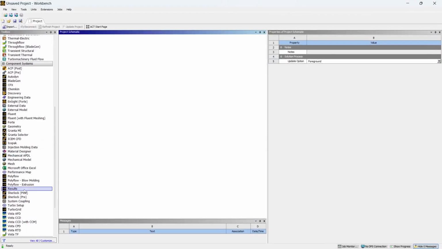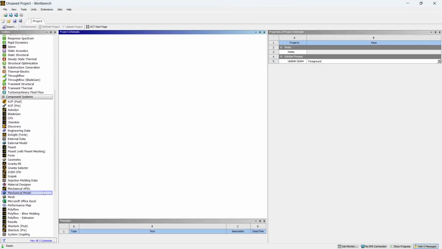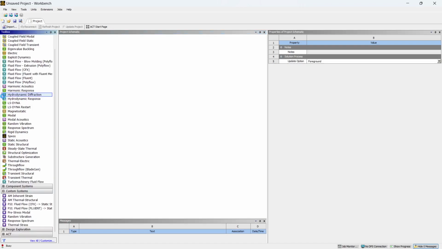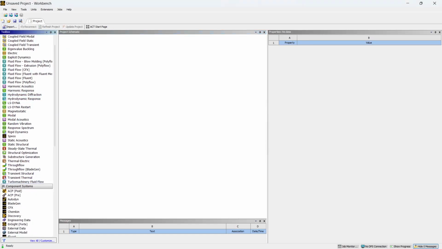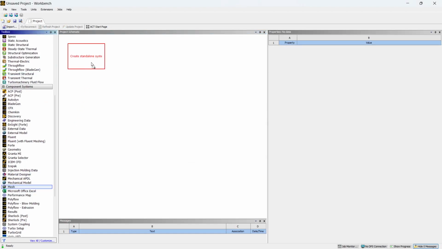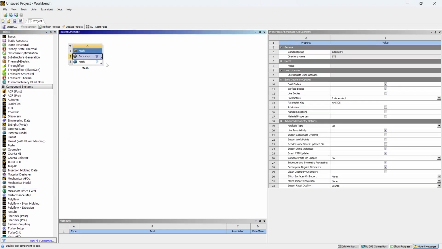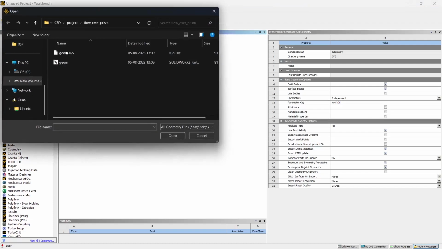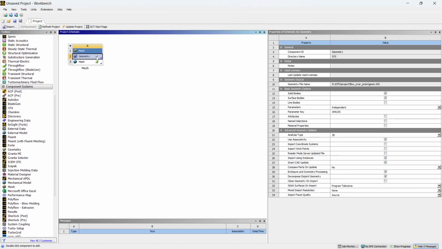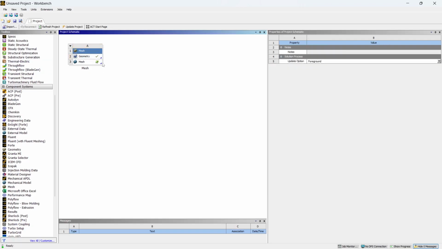In the Workbench, I need not import Fluent or anything. If you go to component systems, sometimes it will be hidden, so in that case you can just open it. Sorry, this one. In the component systems, you can just import mesh, and in the geometry, right click on this and give import geometry, and browse to the folder where you have the IGS file and select this